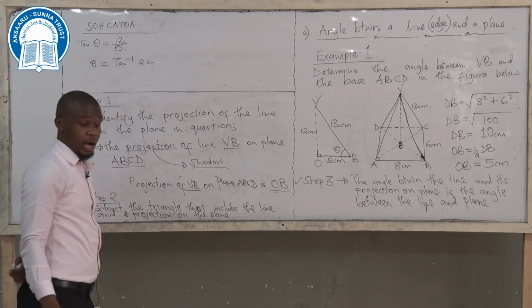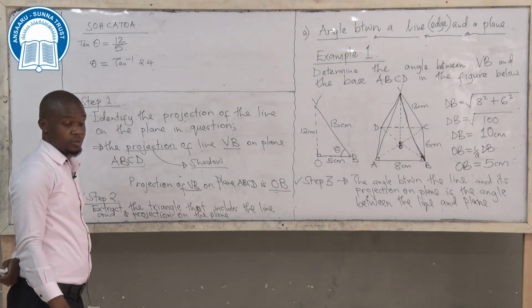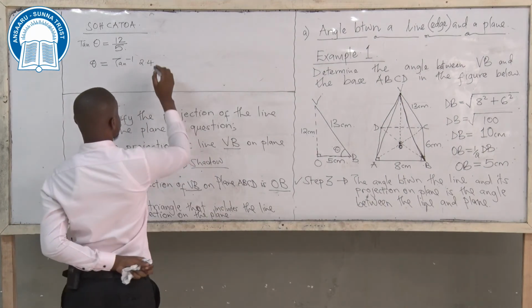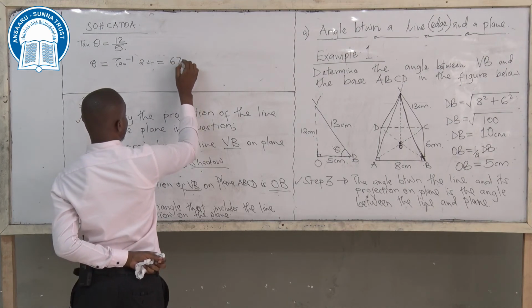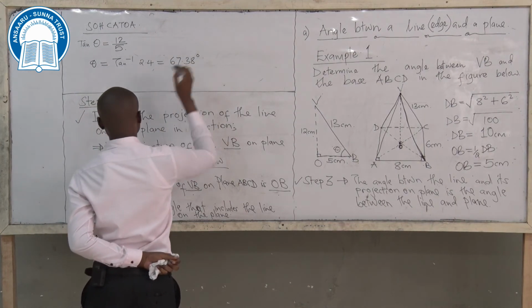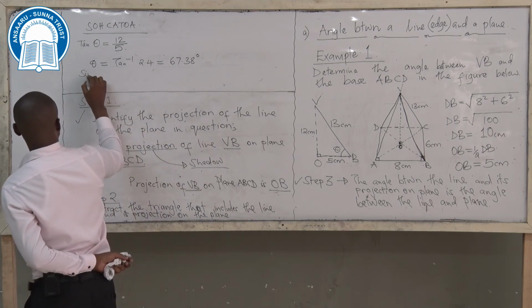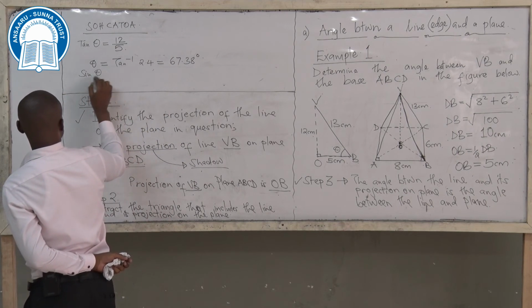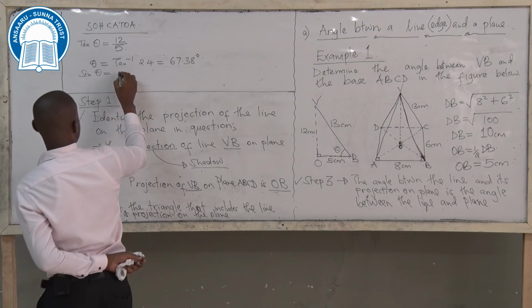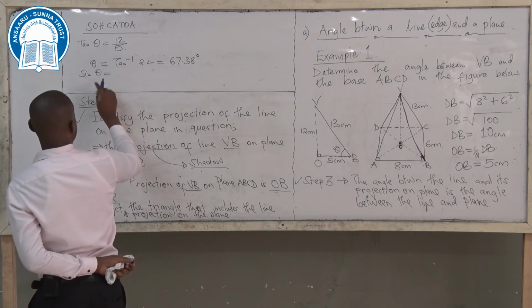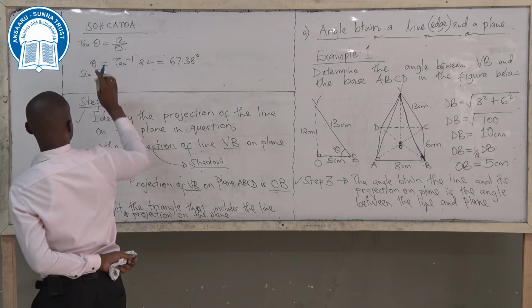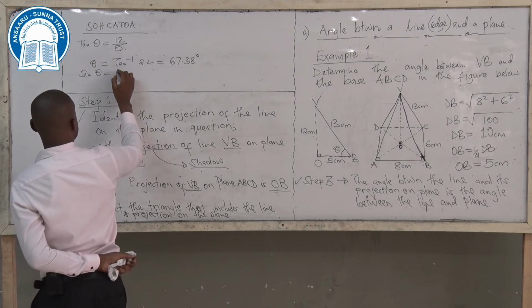Are we there? I hope we are all there. And this one will give us an angle which is about 67.38 degrees. But still, we can use sine theta. So you use whatever is easier for you. And for sine theta, that is opposite over hypotenuse, we can say